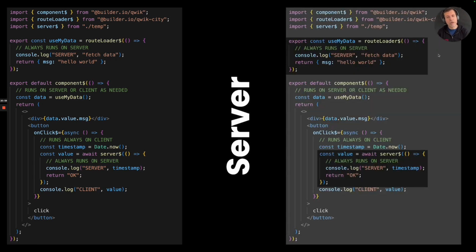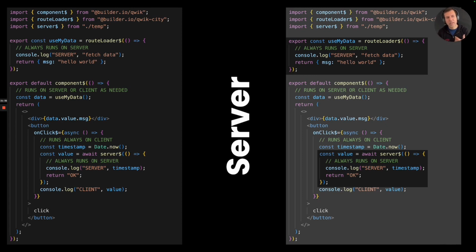Now, what I want to show you is, this is a single piece of code, but the way to look at it is you are guaranteed that these bits of code will always run on a server. And the reason you know that as a developer is because you understand the semantic meaning of this, right? It's not the optimizer that is forcing a specific meaning onto you. Instead, it is the library that you happen to be using, or the framework, or your own things that give the optimizer the semantic meaning of what it means.